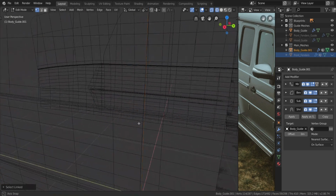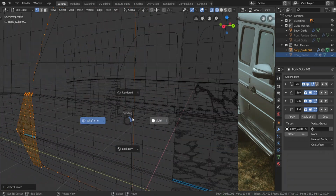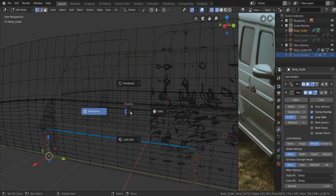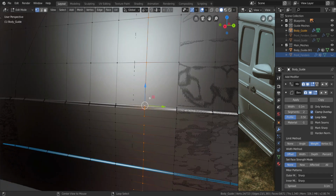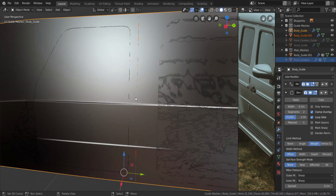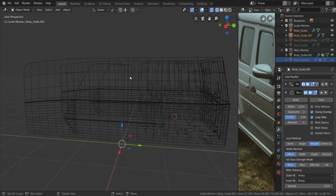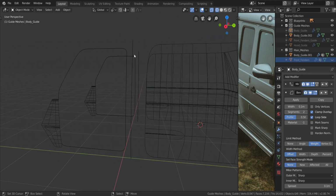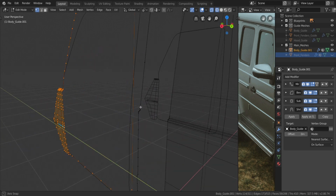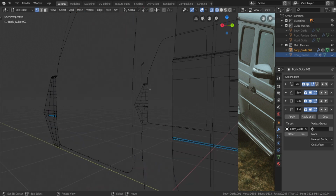Alright, so we have a little bit of a problem here, and that is to, let's reselect the guide meshes here. Let's go into edit mode. I'm going to solid view, and I'm going to select this. Press Shift and D and press B and separate the selection. So let's go back into wireframe, select that one that we just duplicated. First off, let's hide this. Select that one and this one, press Ctrl and J to join them. Go into edit mode. Select all of the vertices above it, delete them,